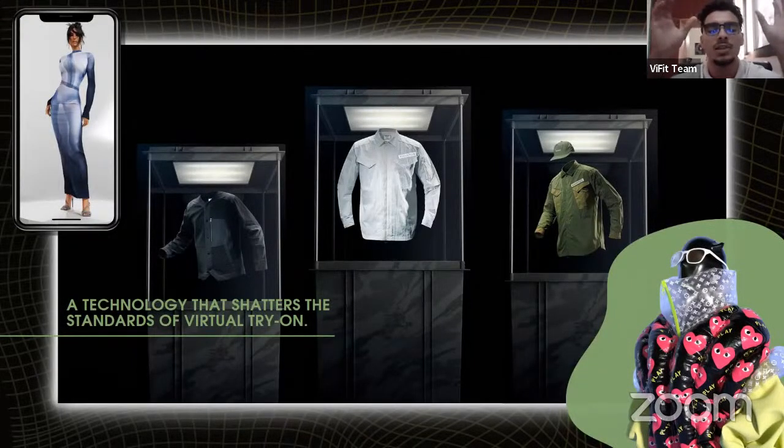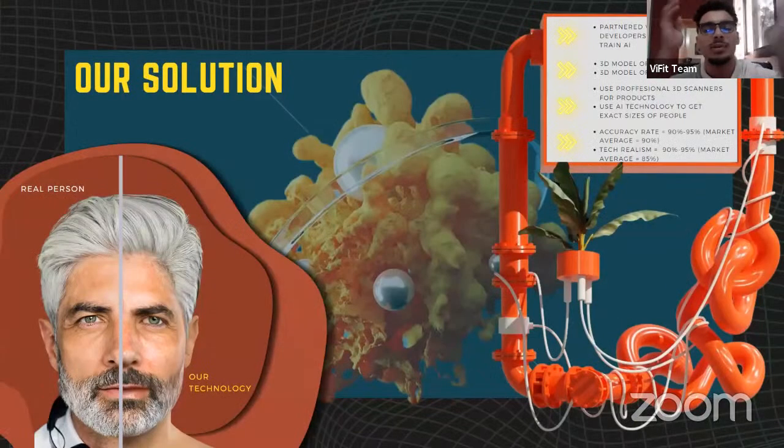It is an advanced feature that will be exclusive to our client's online store. More practically, we've partnered with No Number Digital, who are software developers, and will train an AI that will create 3D models of two things, products and people. We will go to our clients and professionally scan their products with special 3D scanners. The people will simply go into the online store, click a product to try on, and with one simple video of their full body, our AI will do its magic.